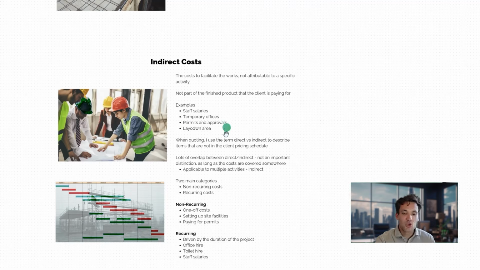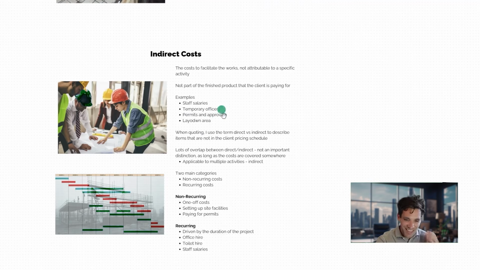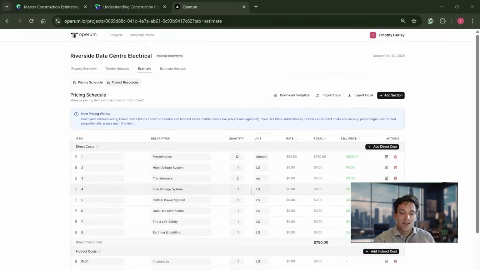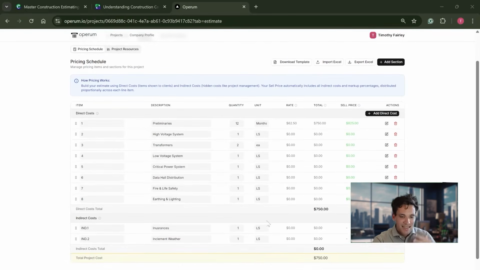But typically when we're talking about indirect costs, we're talking about things like staff salaries, temporary offices, permits and approvals, a laydown area. These are costs that are going to be attributable to many different construction activities. So we've referred to them as an indirect cost. Now, I probably need to do a little more thinking and explanation of this, but another way I use the